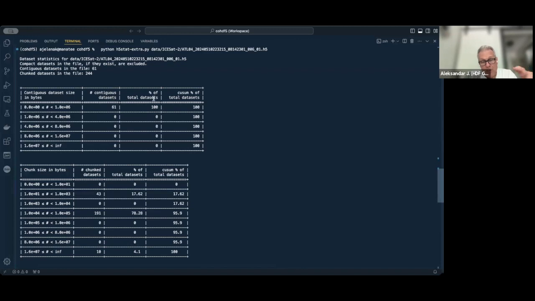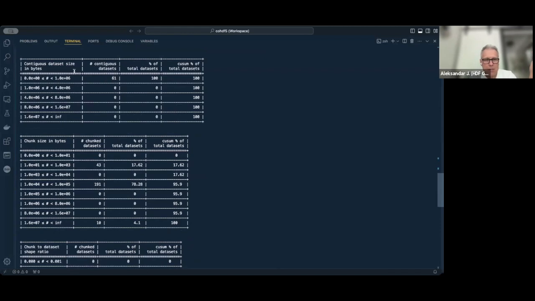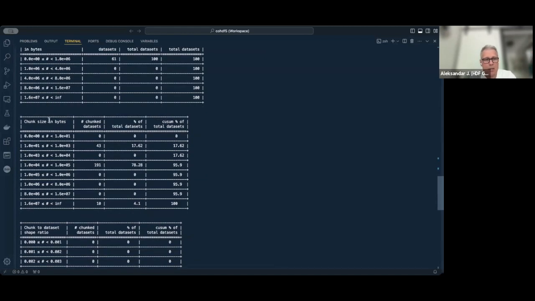The next column is the percentage of each data set in this category compared to the total number of contiguous data sets, and this is just the cumulative sum of the percentages given here, which I found easier to look at rather than calculate myself anytime I needed that information. So after looking at the sizes of contiguous data sets, the next one is